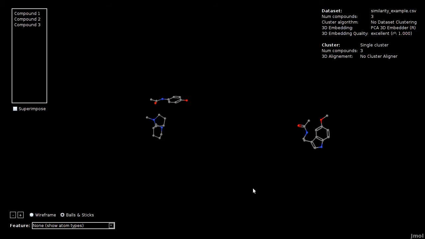In CheS-Mapper, similarity is defined by the feature values of the features the user has selected. In this example, we have used 3 constitutional features. The features have been computed by the Chemical Development Kit, a chemical library that is integrated into CheS-Mapper. The features are